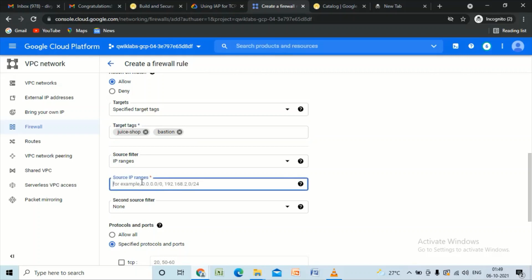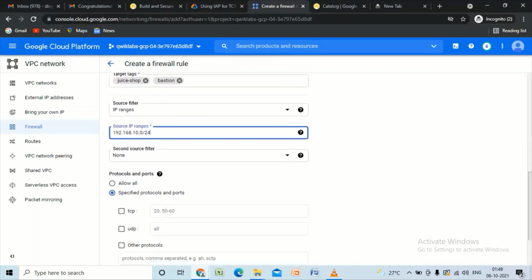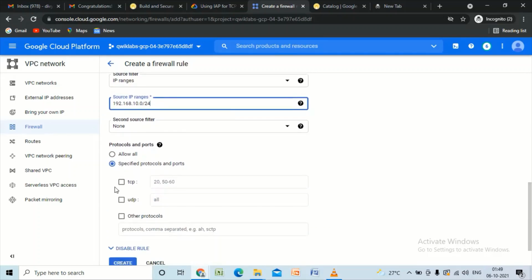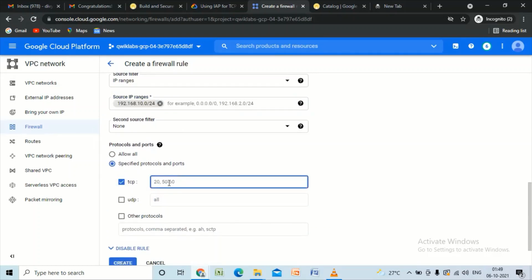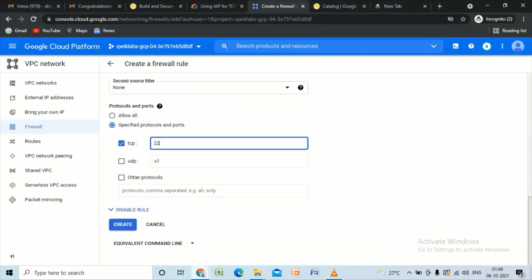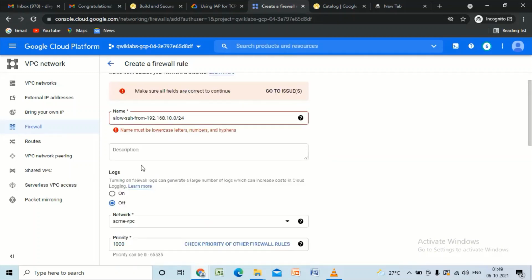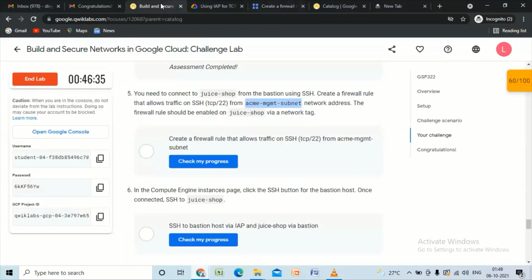Copy the IP ranges. Set the TCP to 22. Click on create. Oops, we made a mistake. We need to copy the name from this IP address.